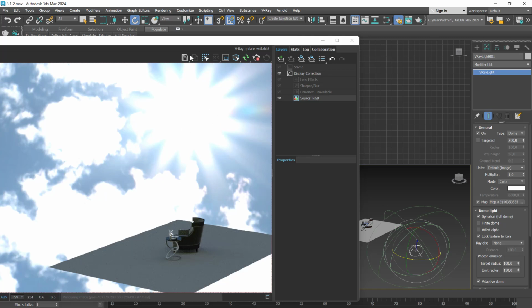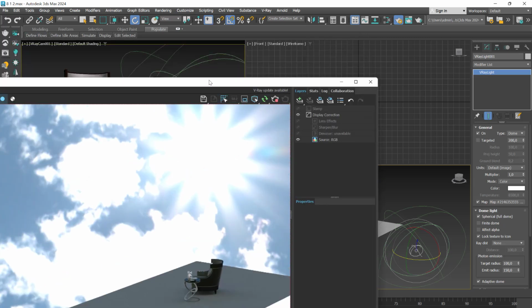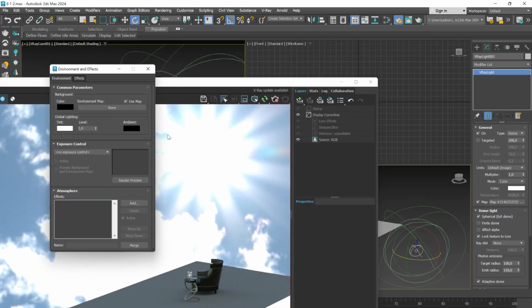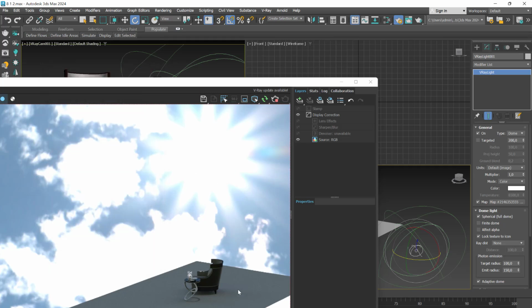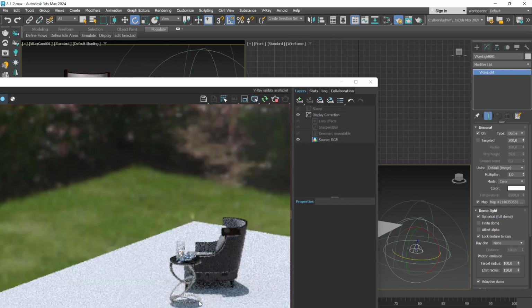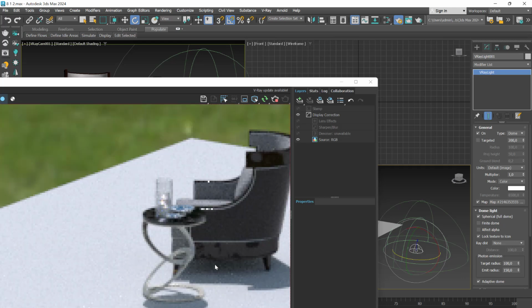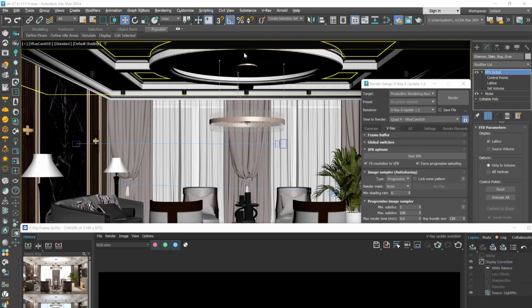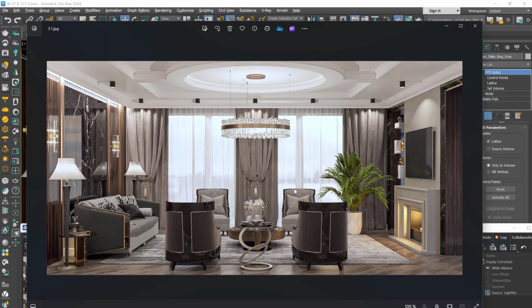First of all, we have to keep in mind that we will have to maintain the HDRI intensity at its default, meaning 1, unless we start to obtain unrealistic lighting in our scene. For this specific example, I would like to use the environment, not the dome light. When we create interior design, of course, we are focusing mainly on the interior part and interior details. That's why we'll have to combine the artificial lights or the interior lighting with our outside lighting. Of course, we have interiors that have no windows, like bathrooms for example, but